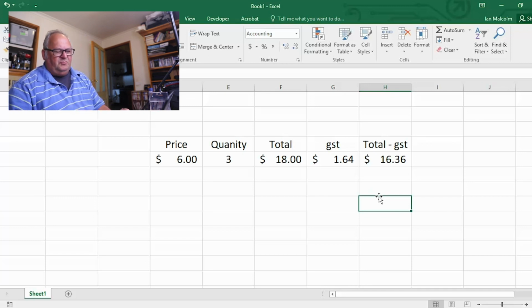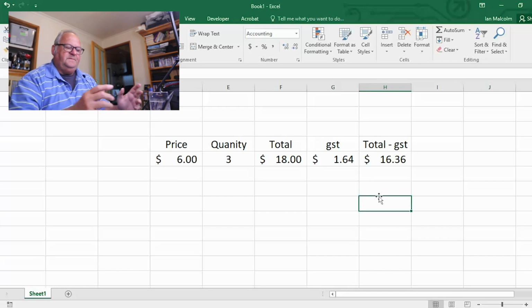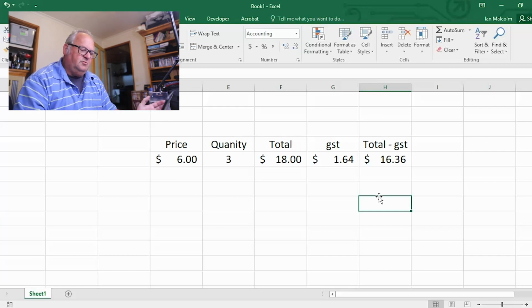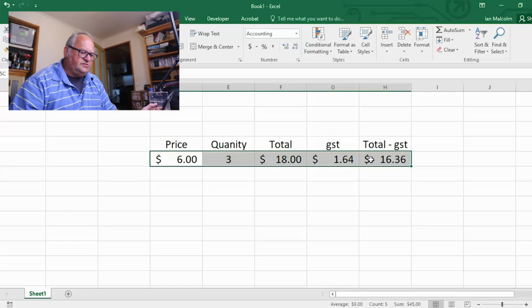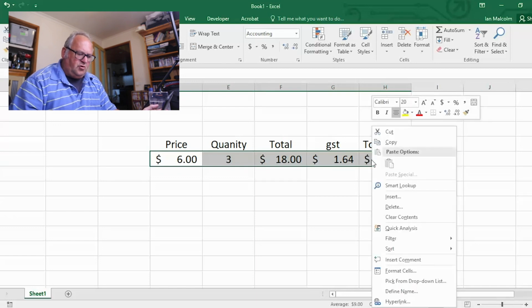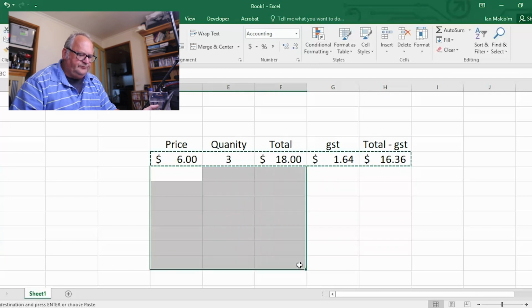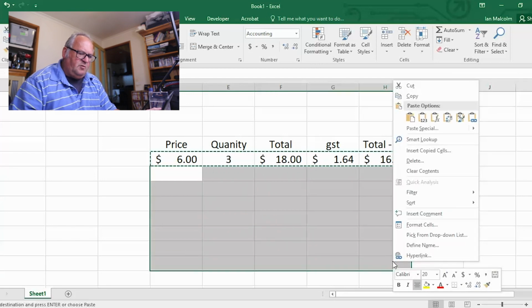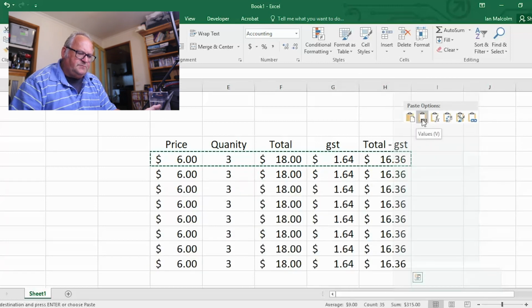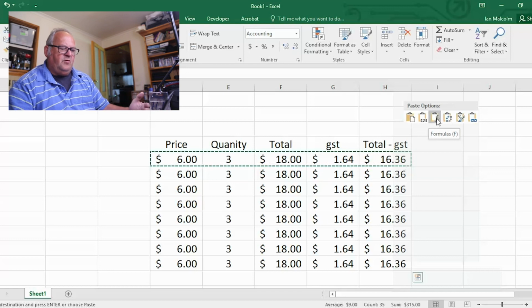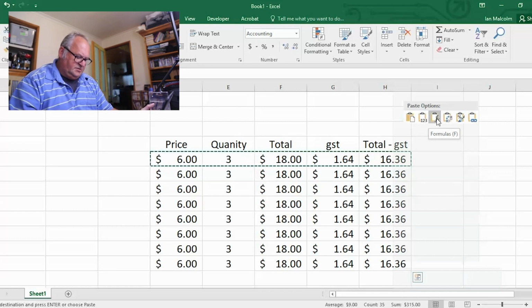Now you think, oh, that's a little bit of work if I've got to do it, but this is a repetitive thing that we would do many times, so we can just select all those and right click for copy, and then we'll select a big chunk below it and right click. What we want to do here is we don't want to paste blank. What we want to do is paste not the values, we want to paste the formulas, so that all the formulas are in place below it. So I click on that,